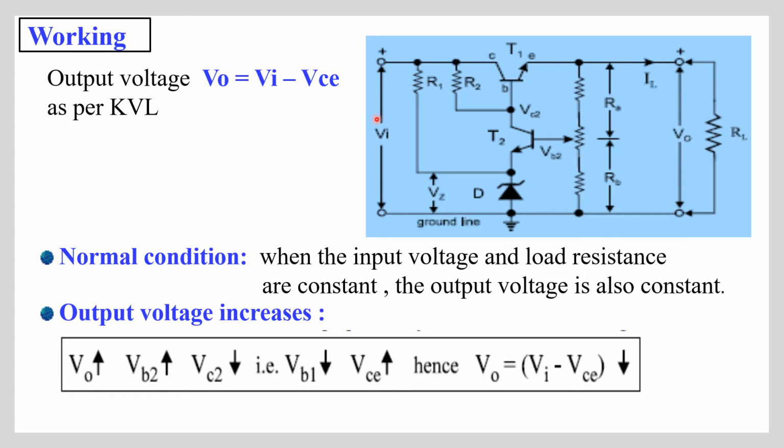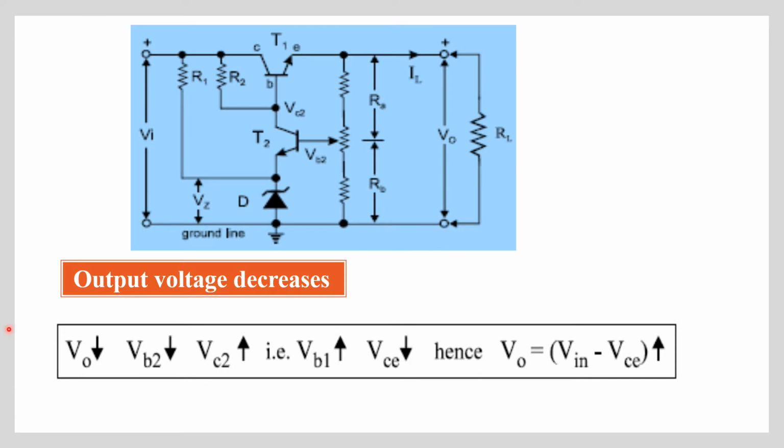But the output equation is VO equals VI minus VCE. So by this way we can keep the output voltage constant. Now the second case, when the output voltage decreases,